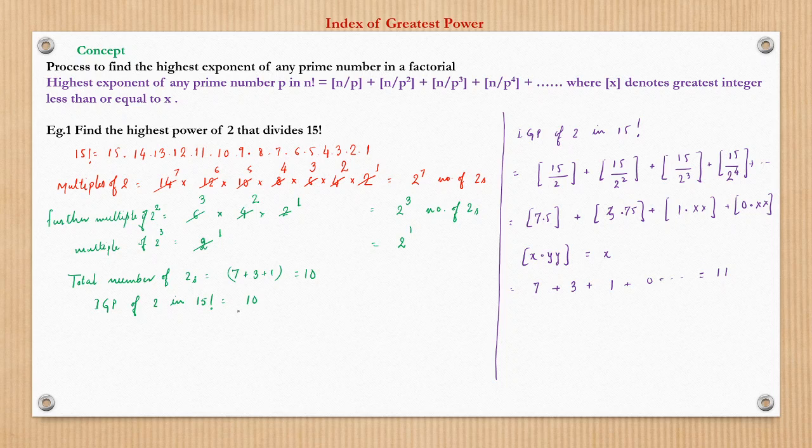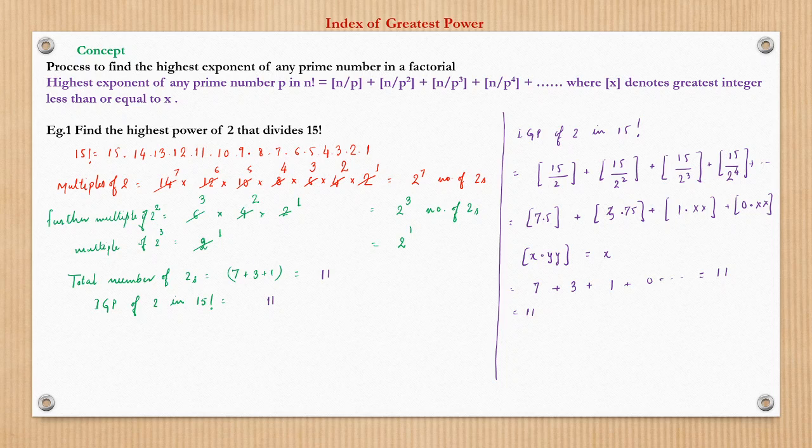Let us see, has there been some mistake anywhere? So it is nothing but 15 by 2. This is 15 by 2 square, 15 by 2 cube. So 8 will give 1 time. Here also this will be 1 only, right? So this is the same as what we had got here using the very conventional method.